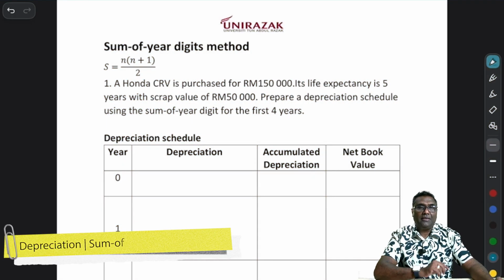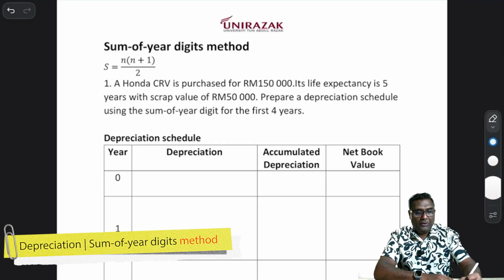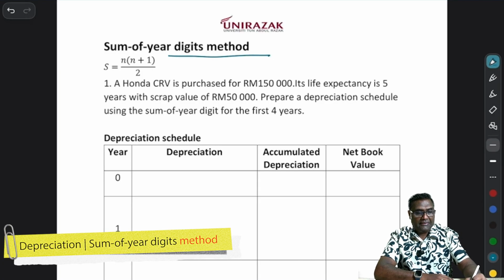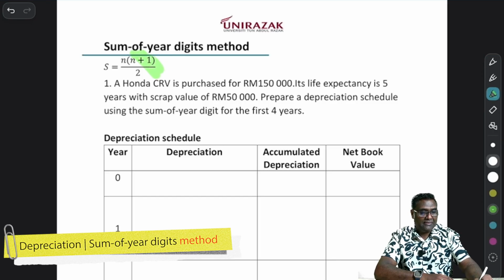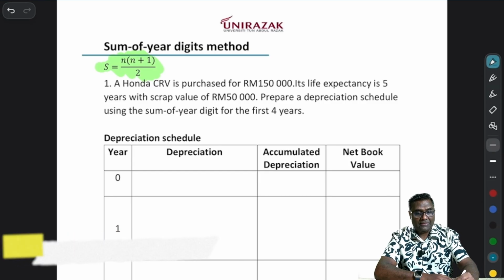Okay, students, the last method of calculation for depreciation, we call it the sum of the year digits method. The one and only formula that exists is this. Okay, when I read the question, you can see very clearly